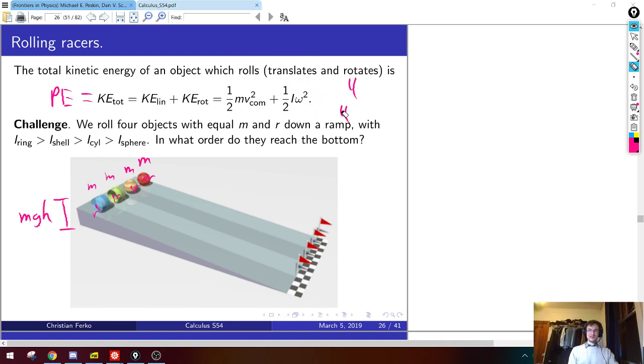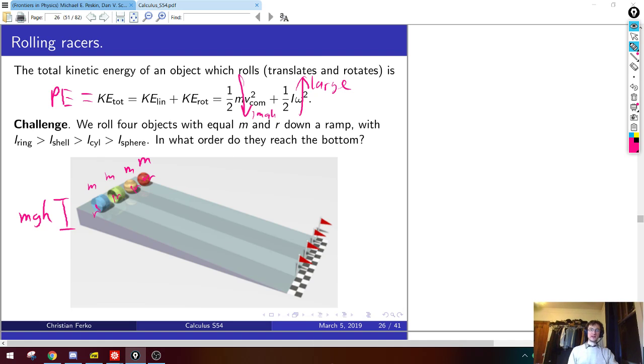Yes, what I was going to say is that more gravitational energy is being put into the movement than the rotation. Yeah, that's exactly right. So that's the case for the sphere, and in the case of the ring, it's entirely the opposite. The ring has a giant moment of inertia, so it's spending all of its energy on rotating and not spending very much of its energy on moving fast. So this guy is moving slowly, which means he reaches the bottom last, right?